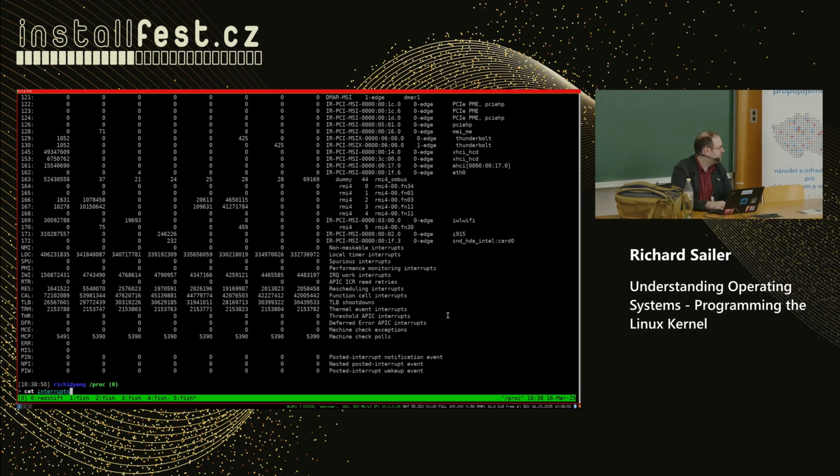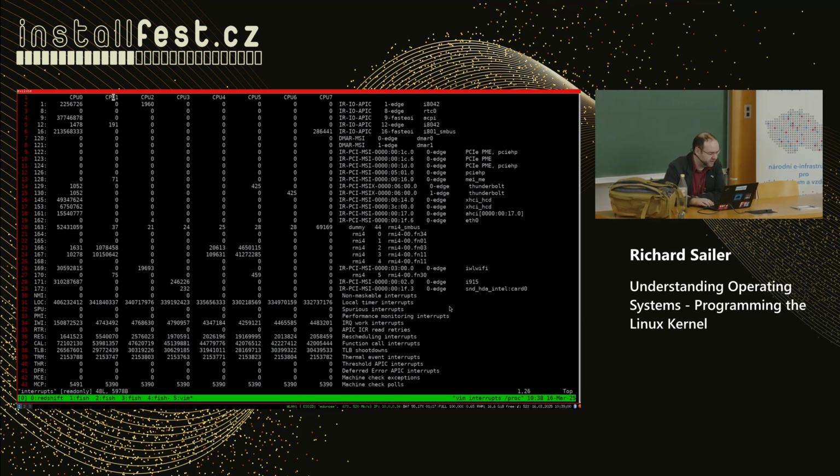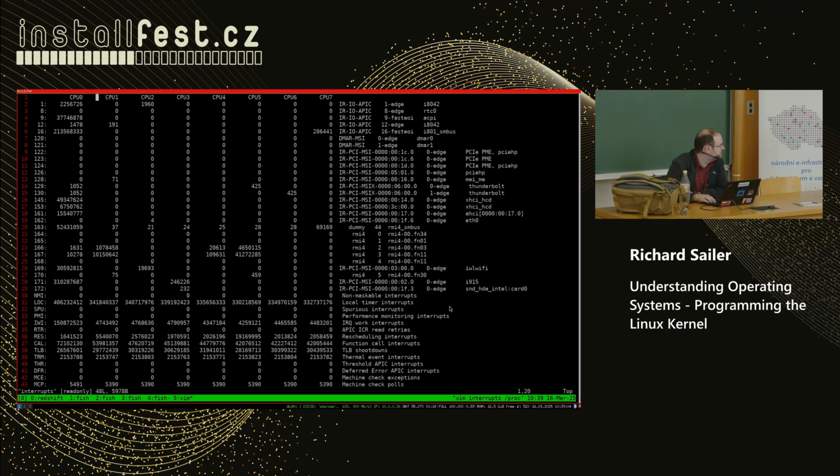And I feel a bit bad now for using Vim, but it is what it is. Here you can see I have 8 CPU cores. And these on the left are the interrupt numbers. So I do have an interrupt controller with lots of lines. On number 1, I have this device, I honestly have no idea what it is.